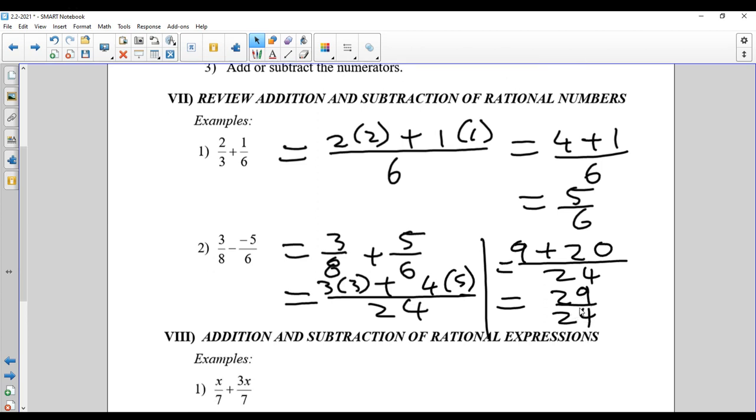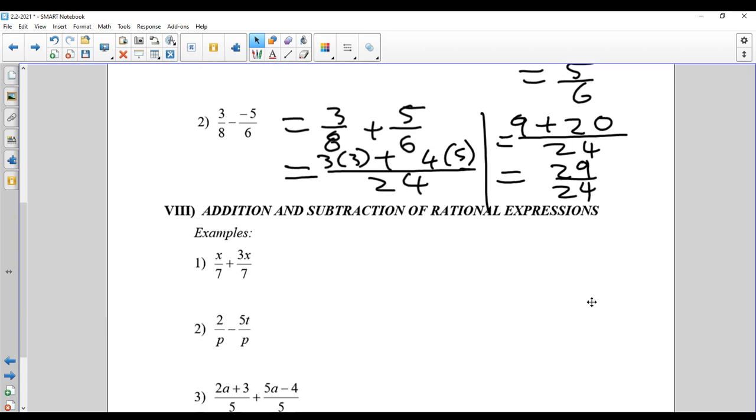Leave it as 29 over 24. Even my calculator that I let you use will do that for you and give you an improper fraction. Don't need it to be anything more than that. Well, let's start working our way through what happens when we have not